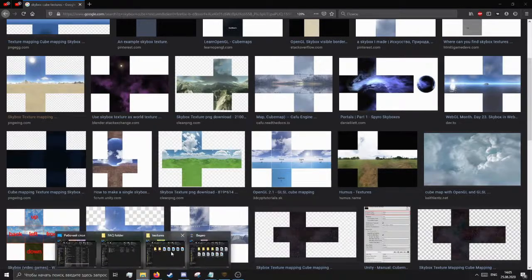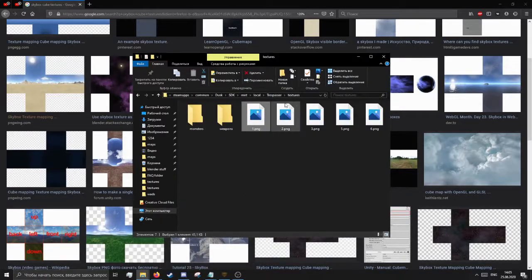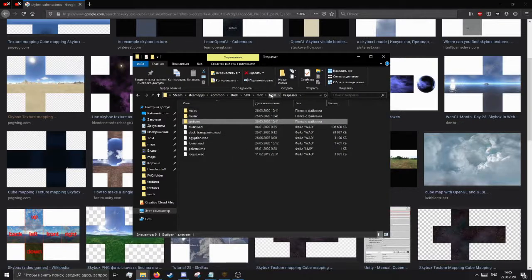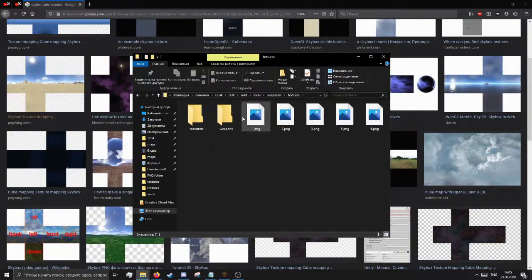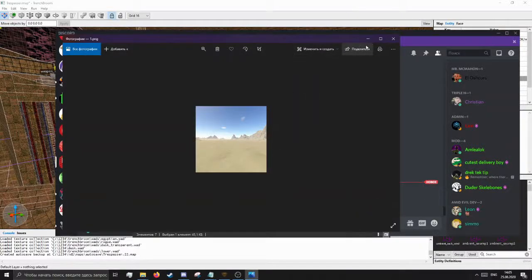In order to add a custom skybox to a map, we're going to need a cube texture like this. Then split it up into 6 parts and put it into our mod folder in the textures folder. So for example, local, Trespasser, textures, and then all of the textures are here under different names. Then go into Trenchbroom